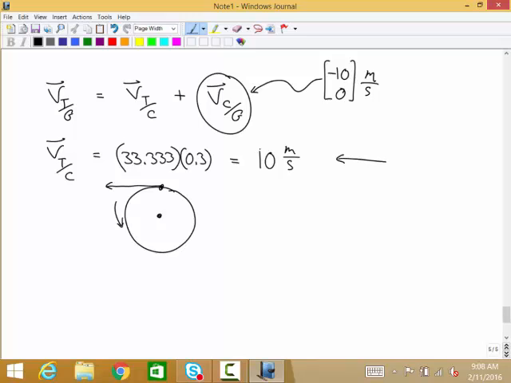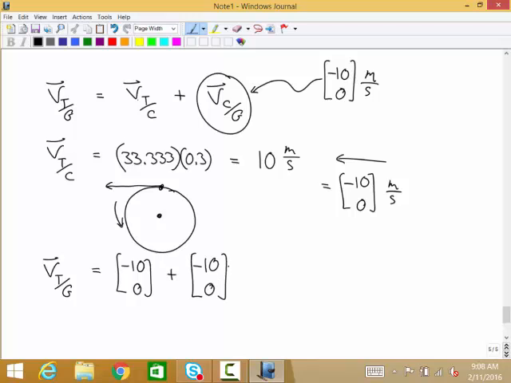And so what are the components of a vector that's 10 meters per second pointing to the left? Yep. Negative 10, 0. So now put these two together and you get the velocity of the top relative to the ground is equal to negative 10, 0 plus negative 10, 0 equals negative 20, 0